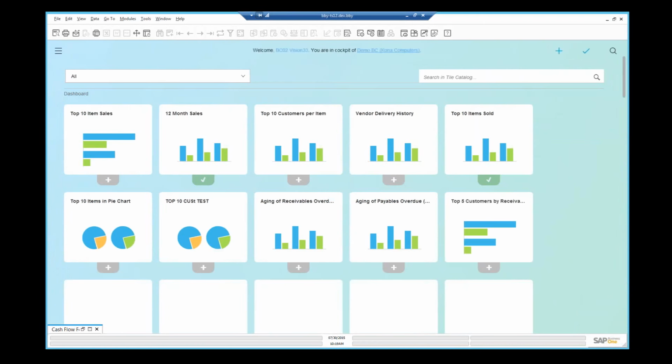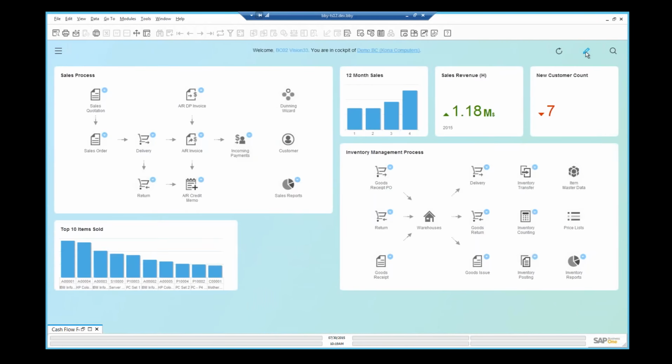I can pick more KPIs. And if I'm happy with this, I now have my screen layout the way I want. The other nice thing about this is these are not